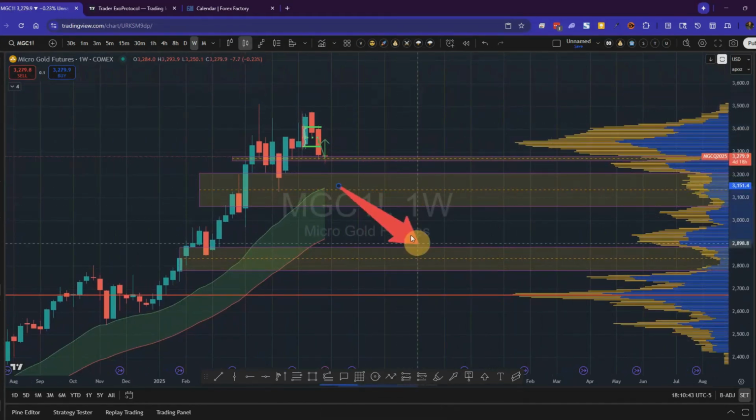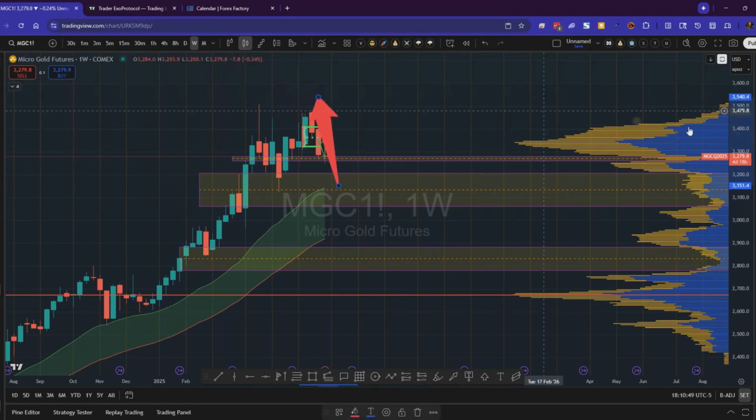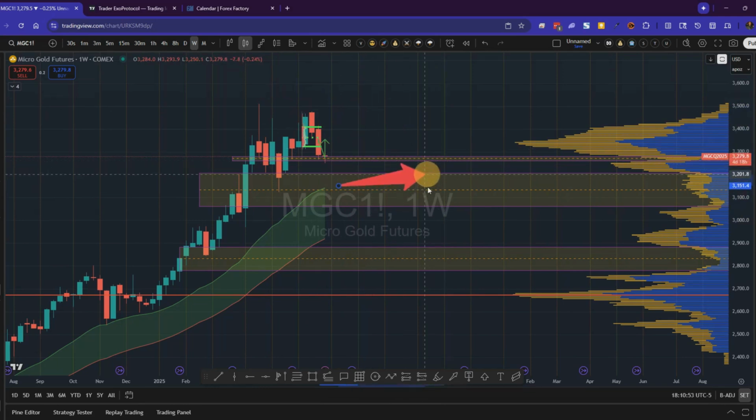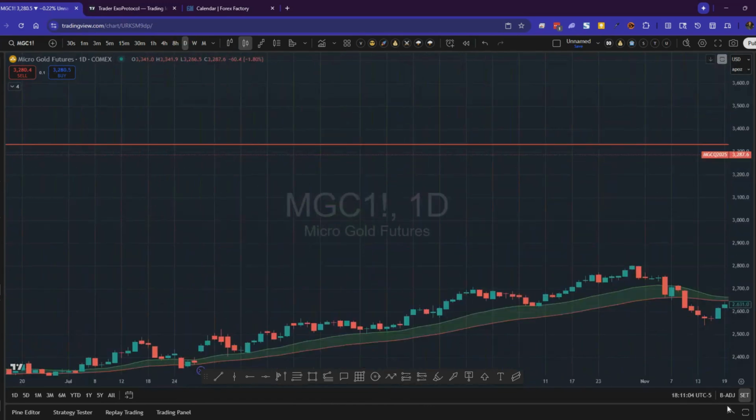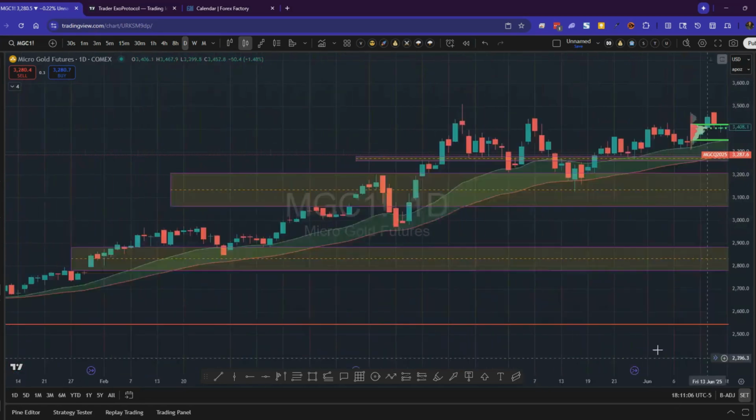Yeah. So we marked out the low volume areas. This is on the weekly chart, so that gives you a broad view of the points of interest. These zones are bigger. This one is really small, but this is the one that I marked out. And then now we're gonna go to the lower time frame. Not really low, but the daily. So on the daily chart,